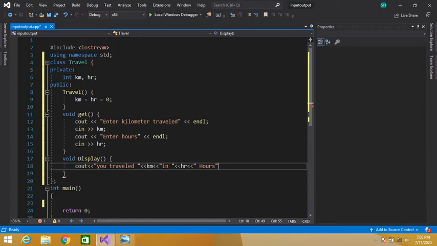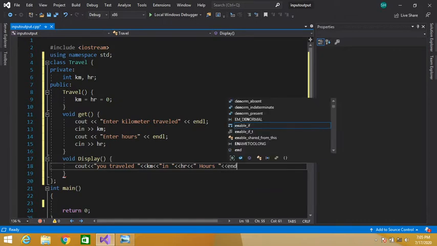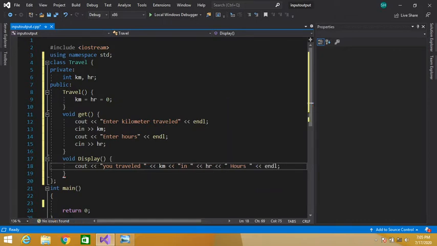And let's give some space here also. endl. So in our display function we have displayed our kilometers and hours.